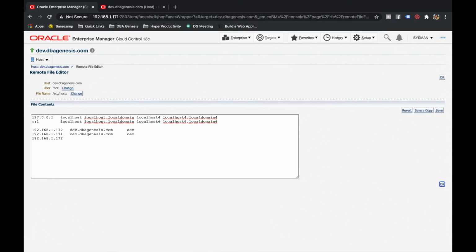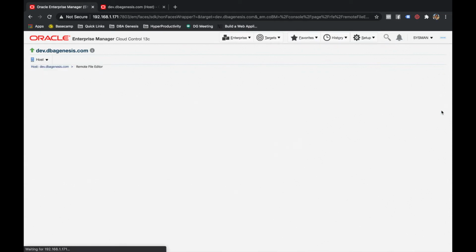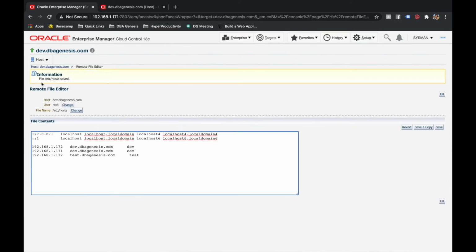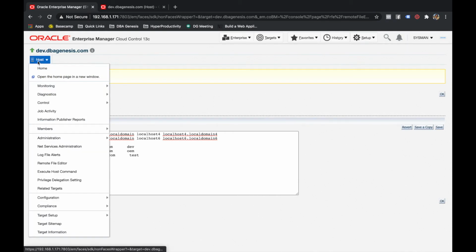168.1.173. This will be test.dbgnss.com test, right? I can literally click on save, and can you see file /etc/hosts is saved. That's the beauty of this option. So if you click on this quick menu, go to remote file editor, you can literally edit any file on